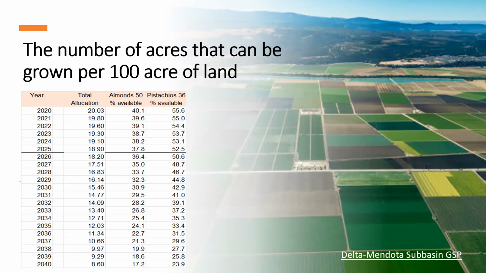Now, the best way to look at this, or see the impacts, is if you have a 100 acre plot of land and I only have 19.3 acre inches, how many acres of almonds can I actually continue production? Or in pistachios, how many acres? And this is based off of almonds taking 50 acre inches, pistachios taking 36. These are the numbers that are typically needed as far as acre inches in order to get a full crop at full potential. So you can see right away that it drops dramatically for the almonds, and the pistachios have a nicer